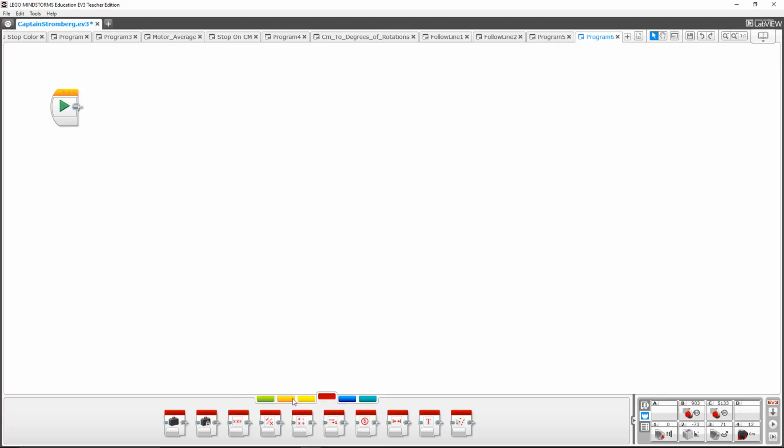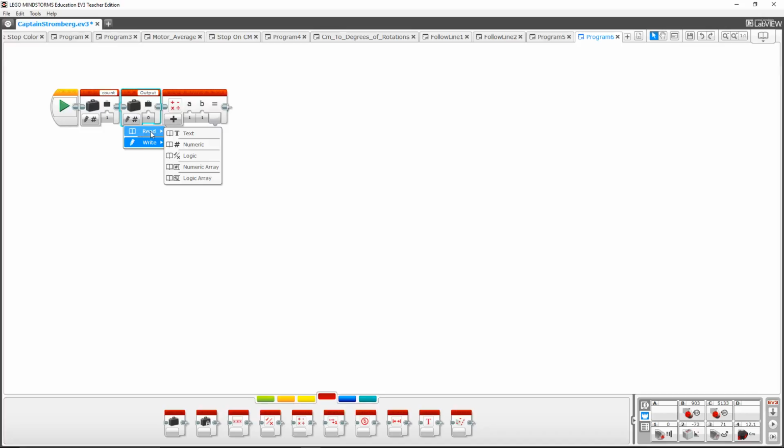So I'm going to start really quick, and I'm just going to have a variable, and we're going to use the count variable, and I'm just going to write it to be equal to 1. And what I'm going to do is I'm going to have a math block, and this could be absolutely anything here, and then I could read this math block